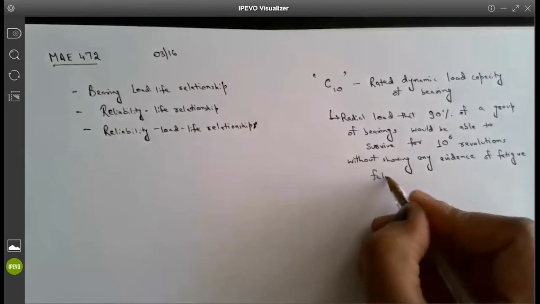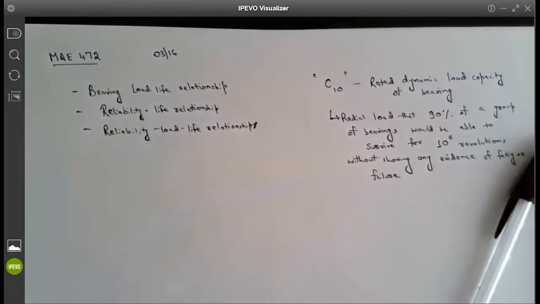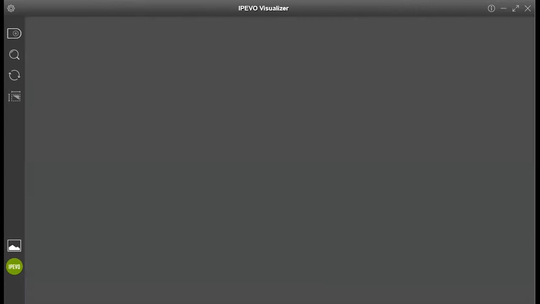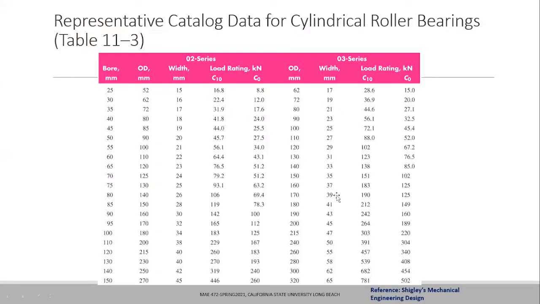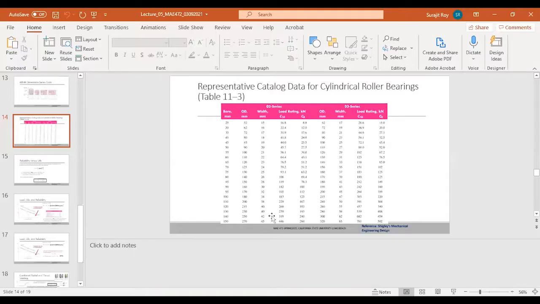If I remember correctly, the PowerPoint slides I uploaded in the Beachboard also have one specific slide. I ask you to access those slides, open the PowerPoint, and go to slide number 14. Let me quickly share that slide with you so that you know exactly what I'm pointing towards. This is slide number 14 in the PowerPoint slides I uploaded in the Beachboard.